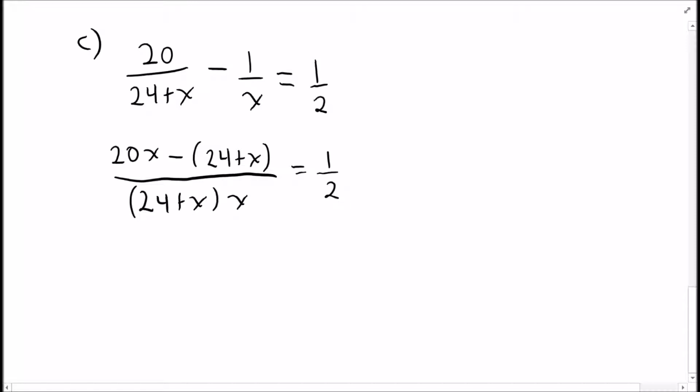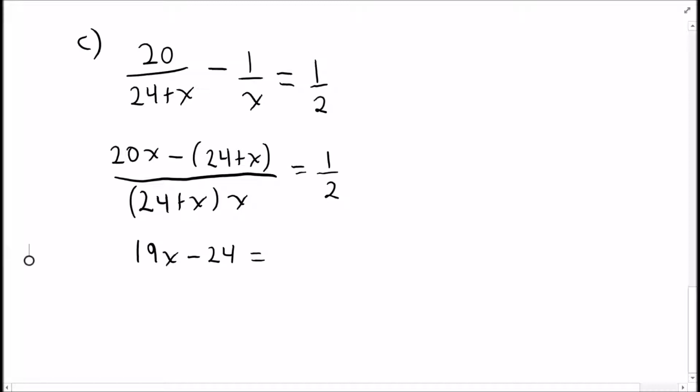I'm now going to cross multiply and simplify the top of the left-hand side a little bit. So 20x minus an x, if I multiply that negative in, gives me 19x minus 24